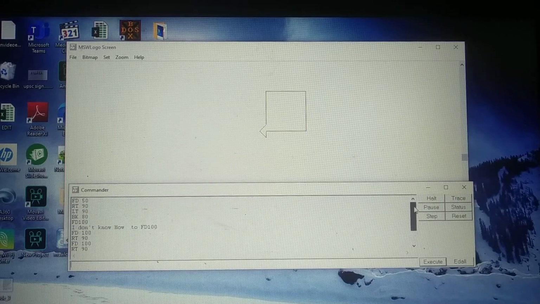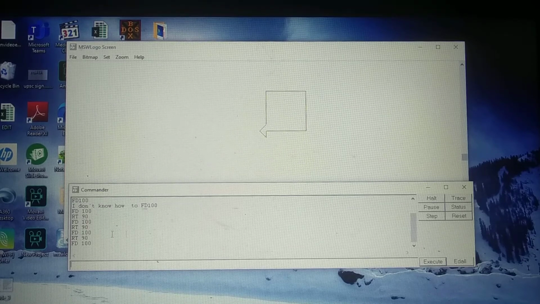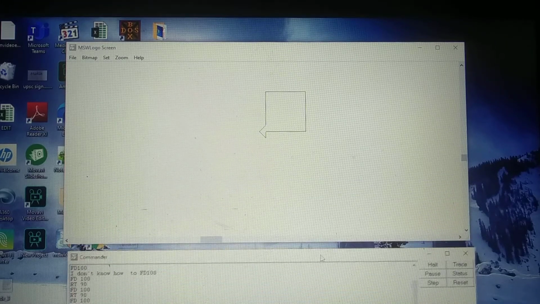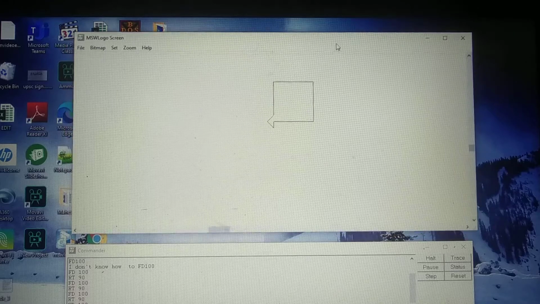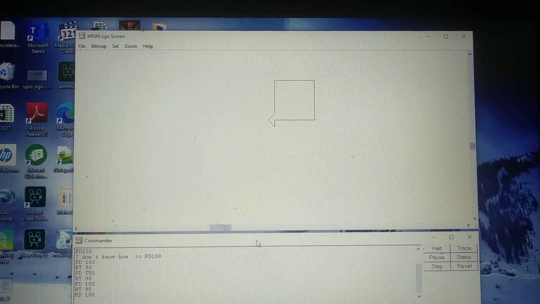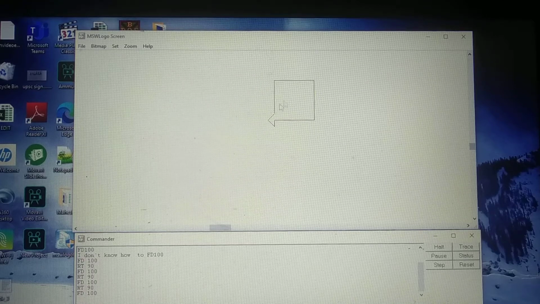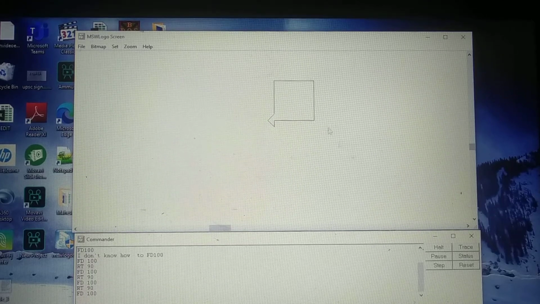And here is the recall list box. Whenever you execute a command, it is displayed here in the recall list box. That also you can move up and down using this scroll bar. For this also you have minimize, maximize, close buttons. So these are two different windows and these are connected. These two will be displayed at a time. See, like this. Here you will give the commands. Here the output is displayed.